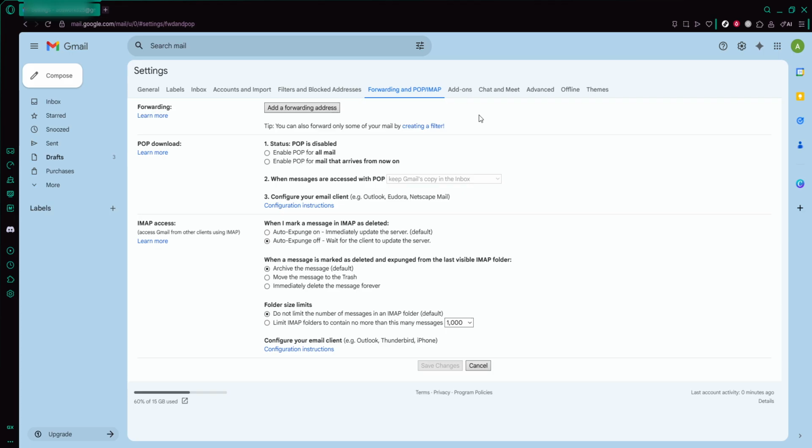You'll see options related to when to allow POP access. For example, enabling POP for all mail or just for mail that arrives from now on. Choose the option that best fits how you plan to use your email client. If you want your program to have access to everything in your account, you typically choose to enable POP for all mail. If you only care about new messages, you can choose to enable it only for mail that arrives